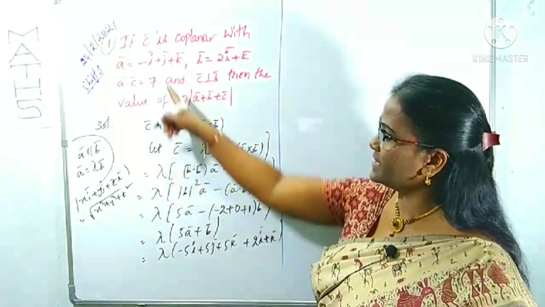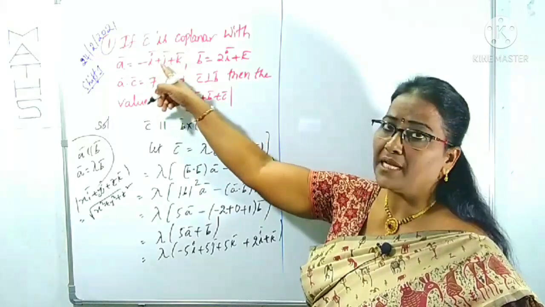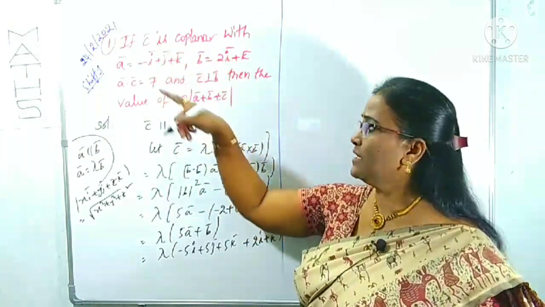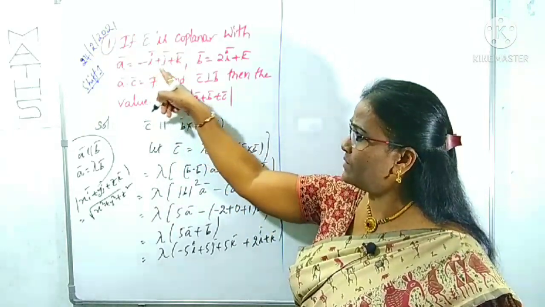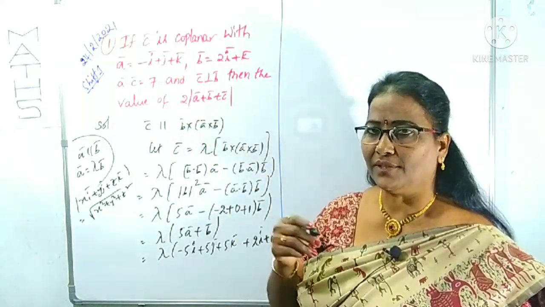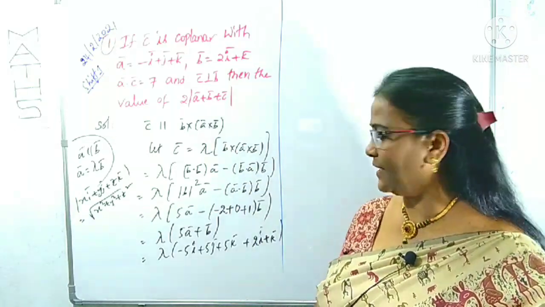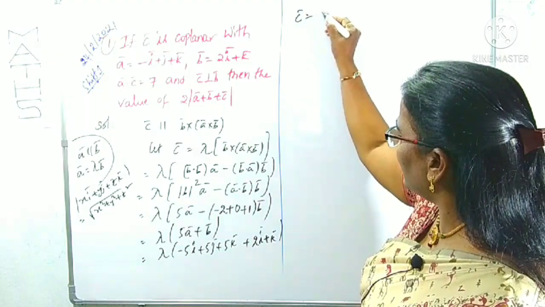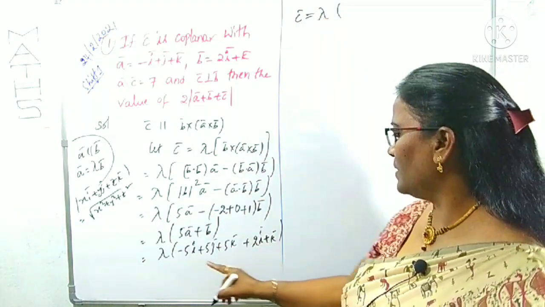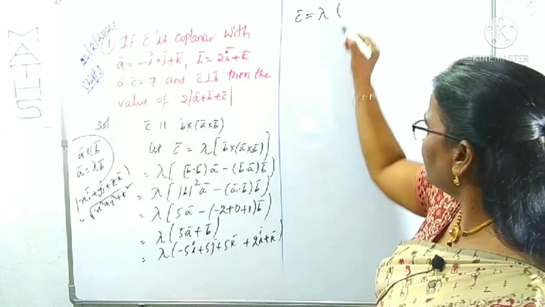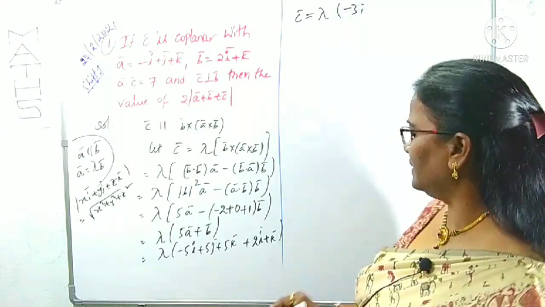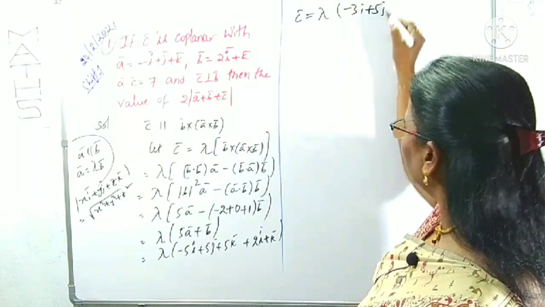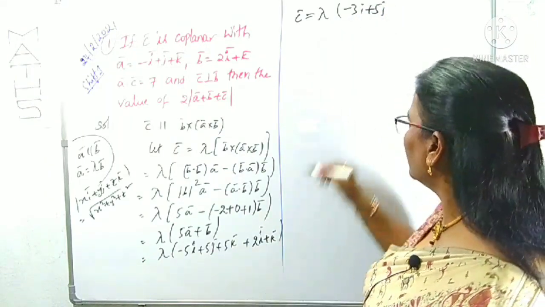Order triad means, suppose a is there here, we can write minus i plus j plus k. Simply we can write it as order triad, within the parenthesis bracket minus 1, 1, 1, like that we can write, for time saving writing. Okay. Now we can observe that lambda times of c bar is equal to lambda times of what will come here? Minus 5 plus 2i minus 3i. Then 5j plus 5j. Then k, 5 plus 1, 6k.